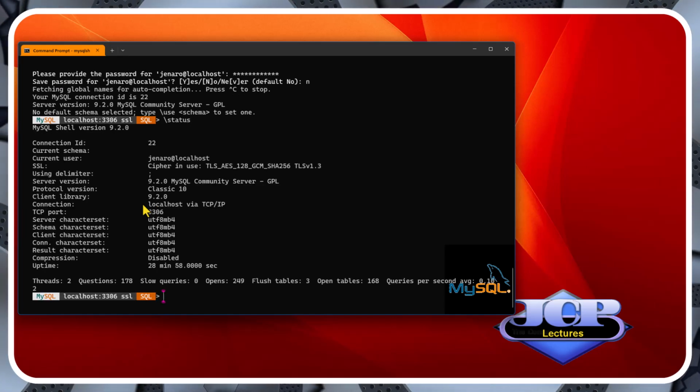Let's check the status again. And now we have several lines with the connection information. One important thing is that the protocol version is Classic 10 using port 3306.